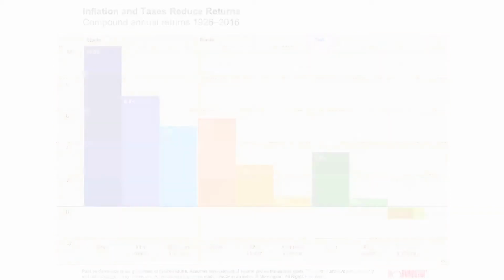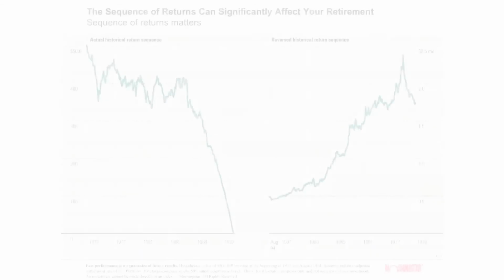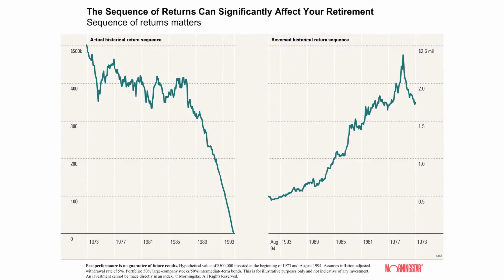The last risk I want to share with you, and it's one of the biggest challenges for the retiree, is something called the sequence of returns. The sequence of returns simply means the order of your portfolio's return at different periods of time. As shown in this hypothetical graph, I want to show you 2 different return scenarios, both of them assuming a 50% stock and 50% bond allocation, both starting with an initial portfolio value of $500,000 and both withdrawing 5% adjusted for inflation.